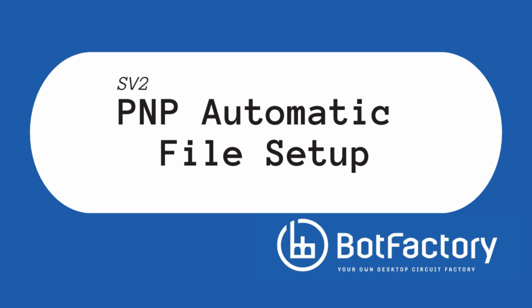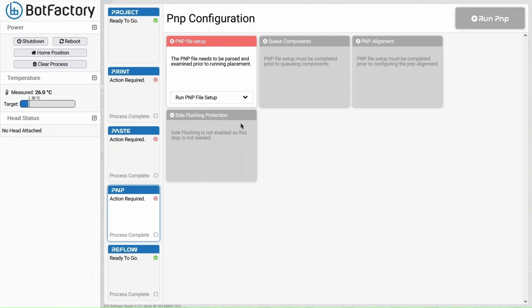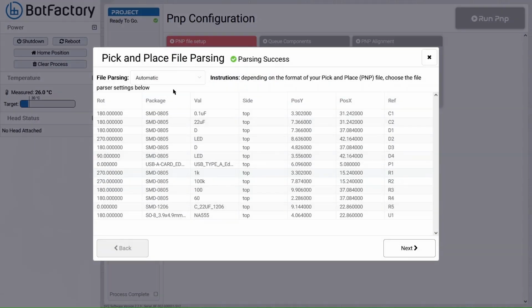Proper pick and placing begins with the printer understanding your file. This tutorial will show you how to configure the actual setup of your pick and place file so the printer can parse it properly and understand everything that's in it. In the pick and place configuration screen, you can click the Run Pick and Place File Setup